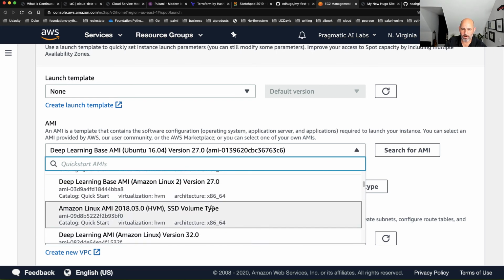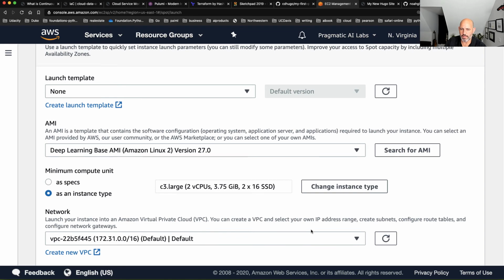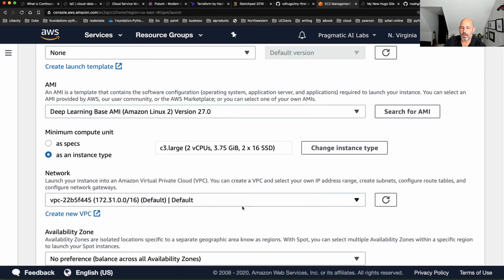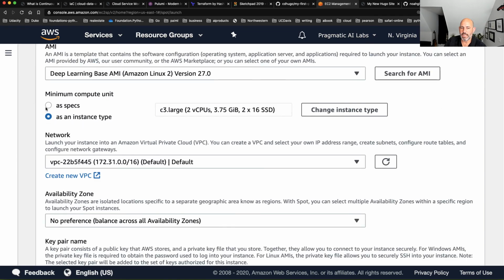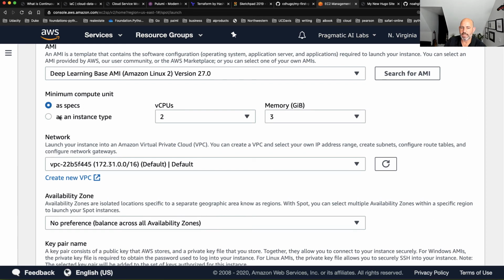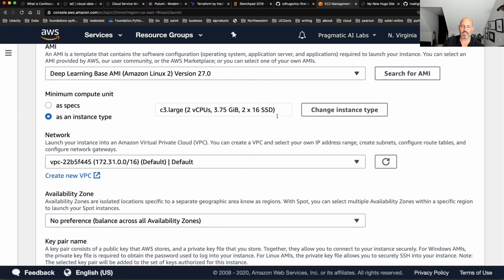I'm going to pick a deep learning base AMI like this. And then from here, I can say as spec or as instance. This doesn't really matter. Again, it's kind of like bidding on a hotel or something like that.